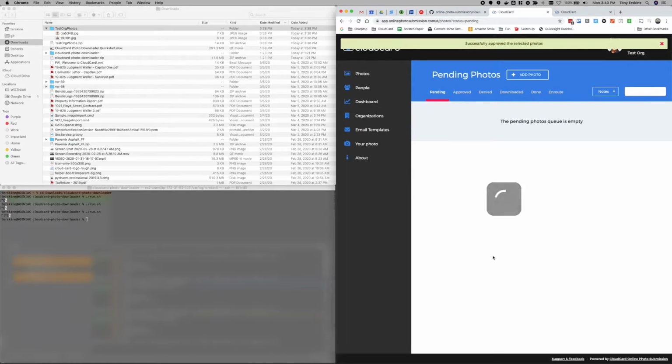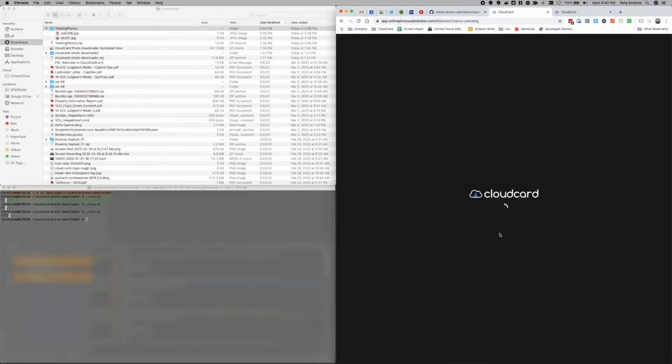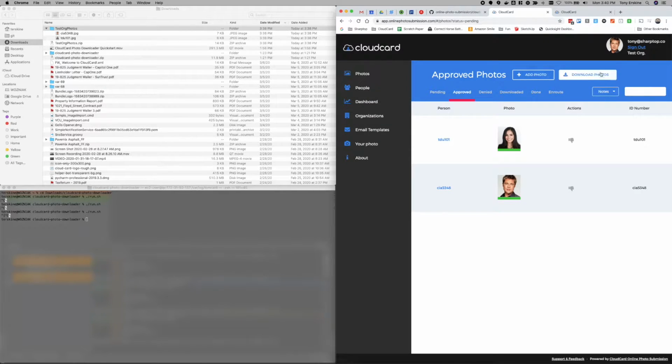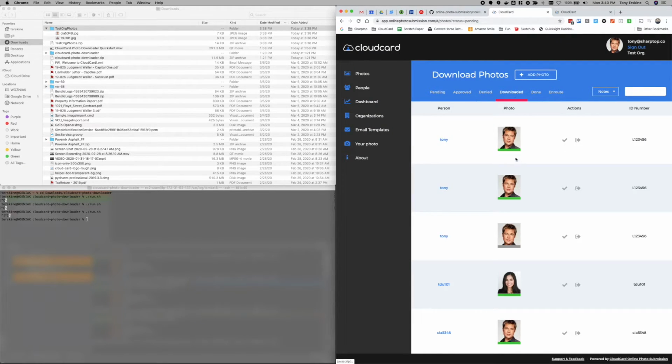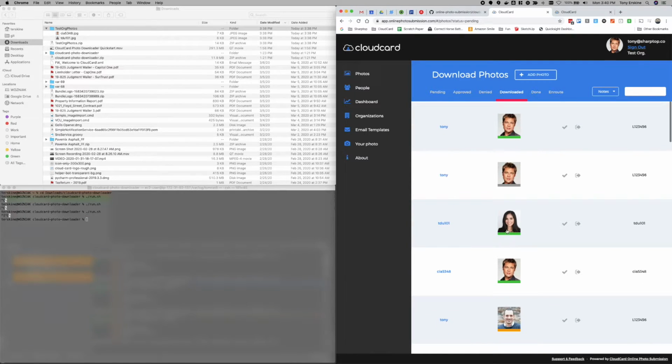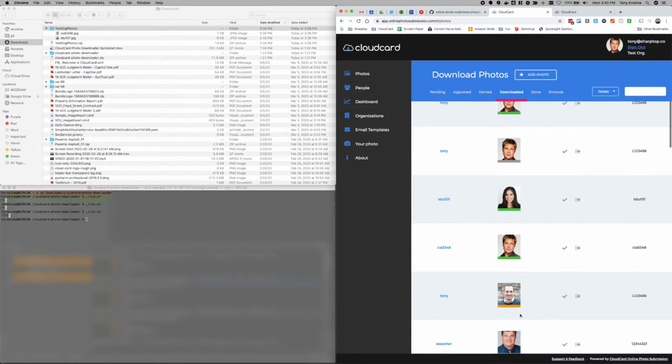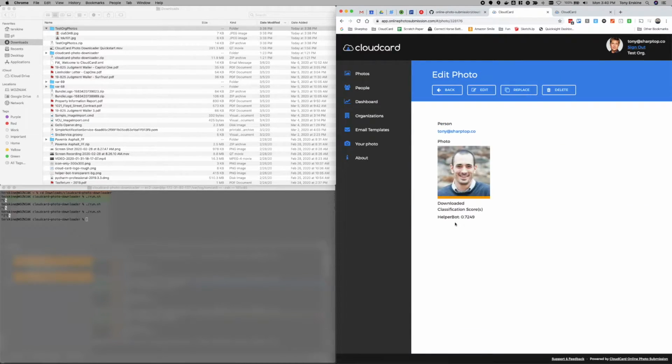I did change that setting. Let me make sure that I refreshed my settings and go back over to my Approve tab. Now I hit download, and you'll notice no zip file was generated. Okay, and when I come over here to look at these particular photos, if I click on them, I'll see they're actually marked as ready for download, as opposed to any one of these other photos, which is marked as